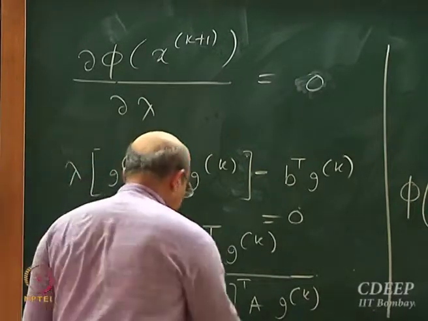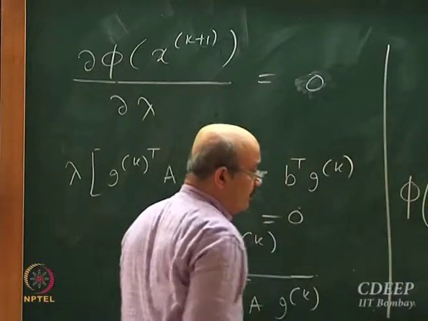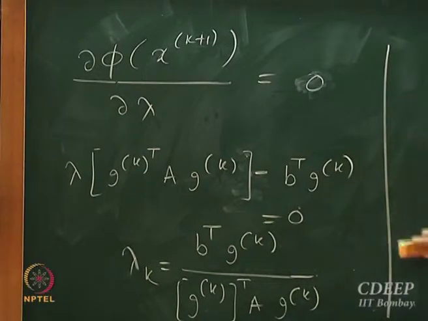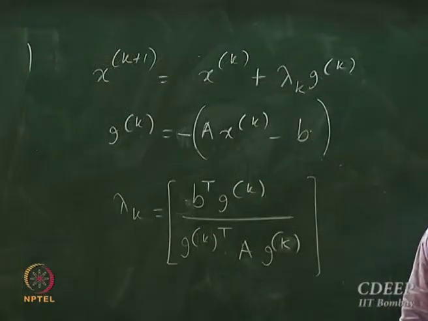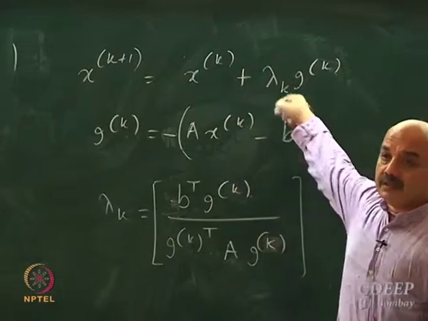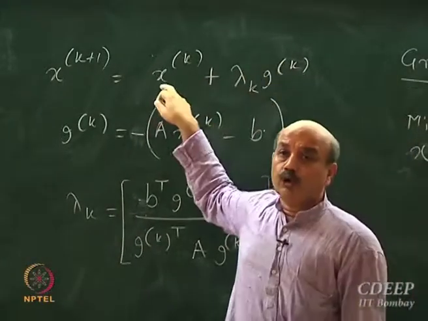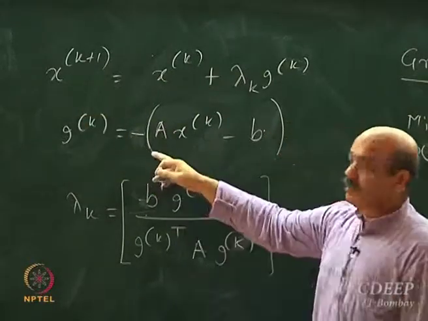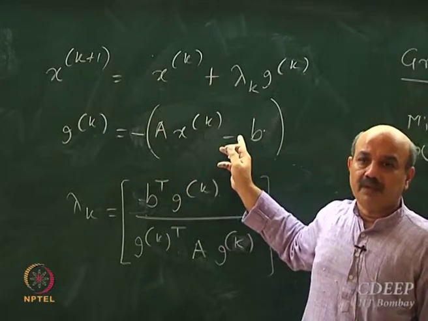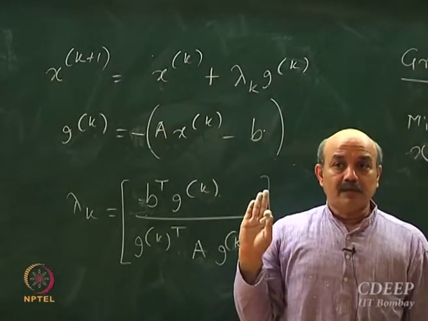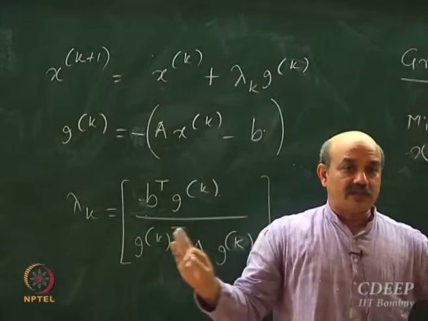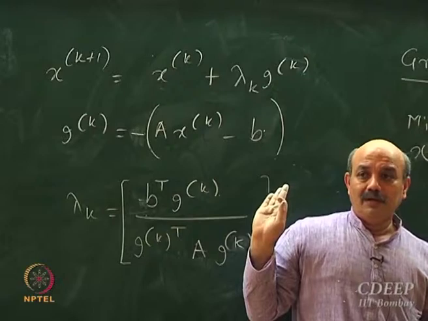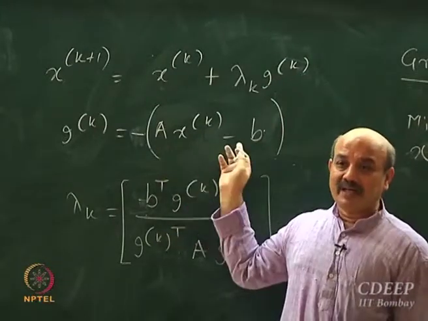Okay, so my numerical algorithm becomes, how do you summarize the numerical algorithm? Okay, this is my numerical algorithm. How do I go from xk to xk plus 1? I first compute the negative of the gradient direction. See, what is the simplicity here? No matrix inversion is involved. I just have to compute the gradient direction.